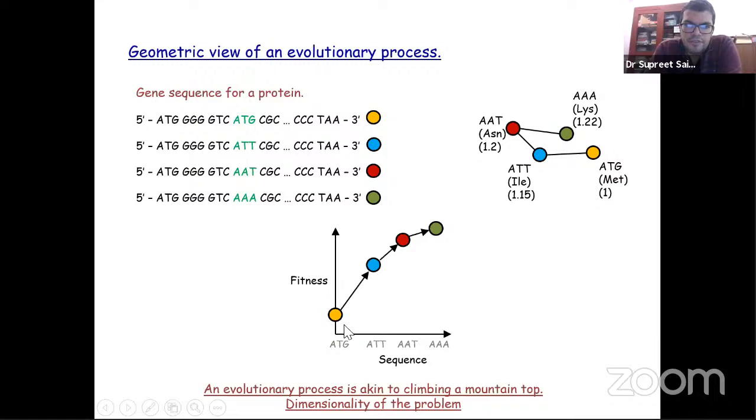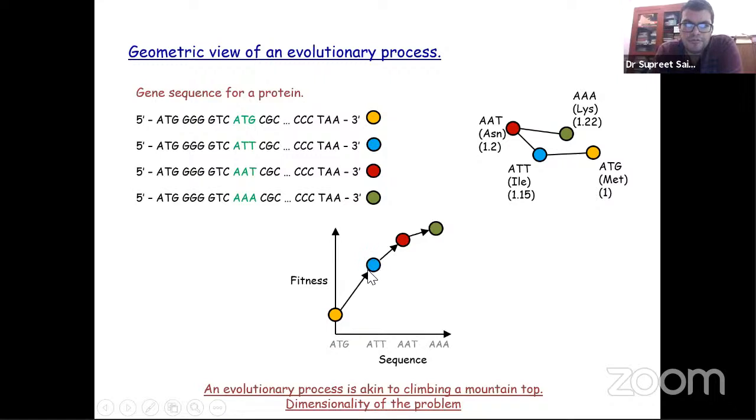What can happen is that if my starting population is all ATG, then all my individuals are growing at fitness 1. But one of the individuals might acquire a mutation such that this G becomes a T. Then this individual is suddenly going to grow at a fitness of 1.15. While, if the population size is 10 million, 10 million minus 1 individuals are still growing at fitness equal to 1, this one individual is growing faster now, and hence competition will mean that this individual is able to eliminate the others from the population, and now the population moves to a fitness level of 1.15.